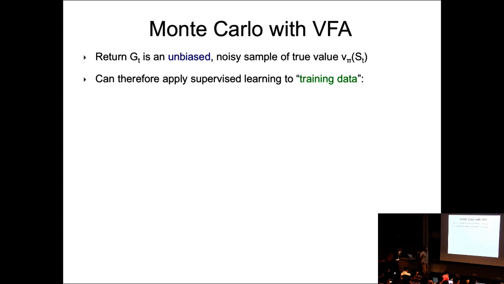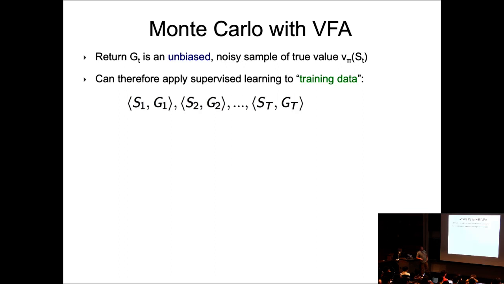So the return G sub t is unbiased, which is good. That means that on average, as you repeat this procedure many, many times, if I start at the particular state S sub t, and I just do it millions of forward unrolls, eventually if I average over those, I'll get the correct G sub t. So in expectation, it's expensive, but I'm going to get it. And in many cases, like if you look at Monte Carlo tree search algorithms, they're essentially trying to do that. They're essentially trying to unroll your system all the way to the end and basically see what kind of feedback you get in parallel.